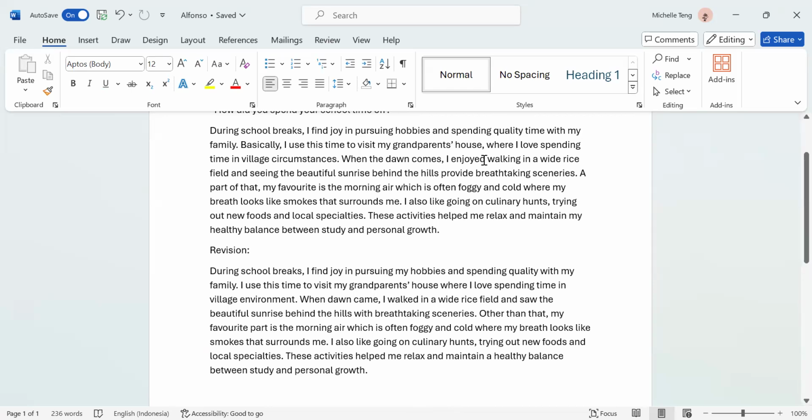So the parallel right here is actually correct. Walking and then seeing, I changed that to past tense. So walk and saw the beautiful sunrise behind the hills. Instead of saying the hills provide breathtaking sceneries,